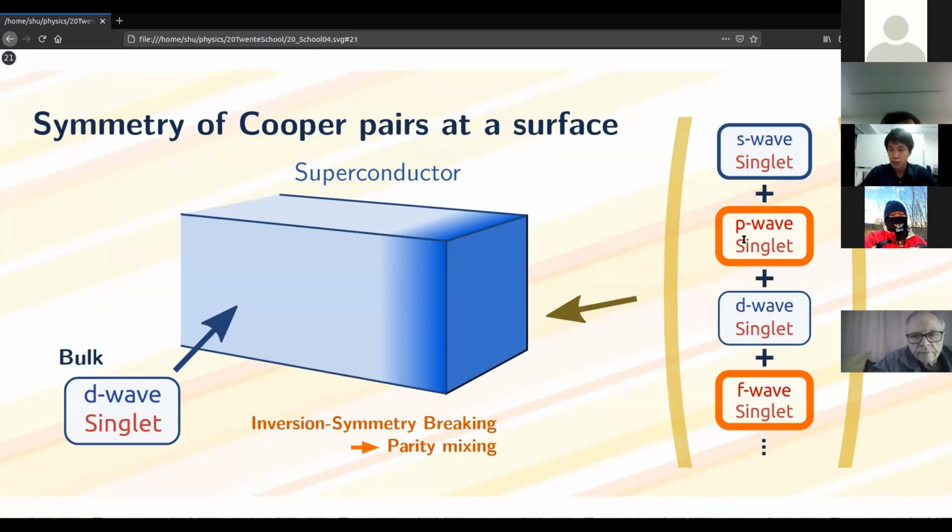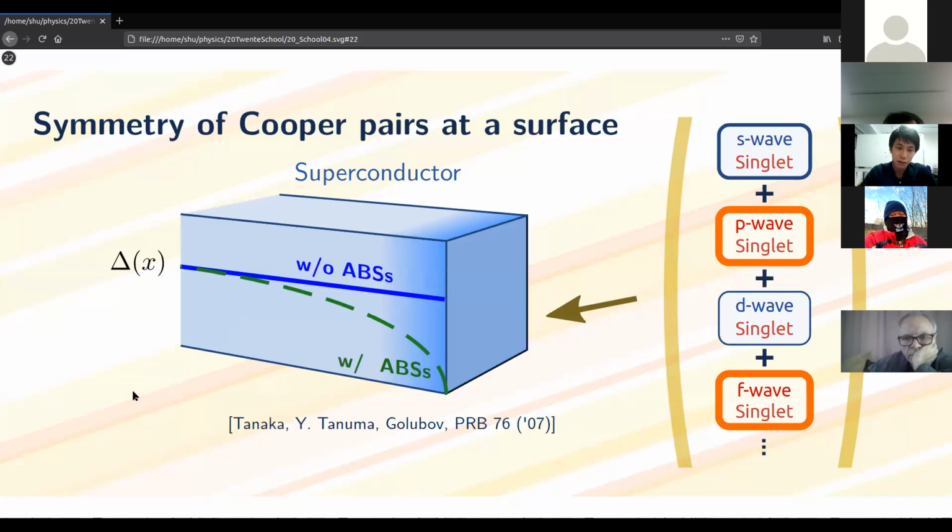And it's very important that these P-wave singlet and F-wave singlet pairs should be odd in time, should be odd-frequency Cooper pairs. And the amplitude of these odd-frequency pairs is deeply related to the Andreev bound state,